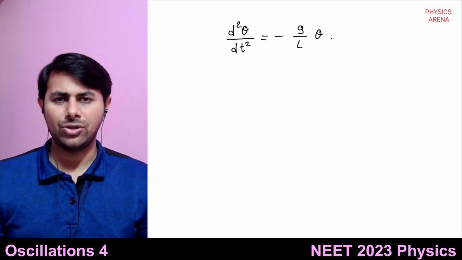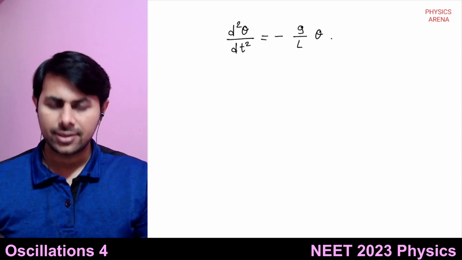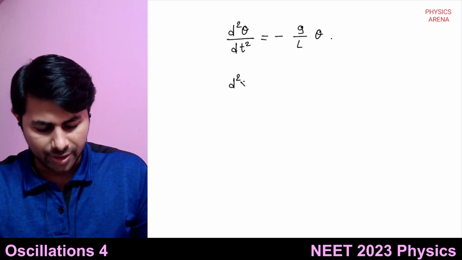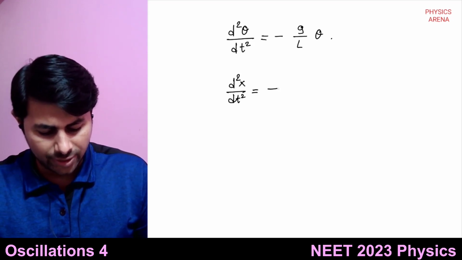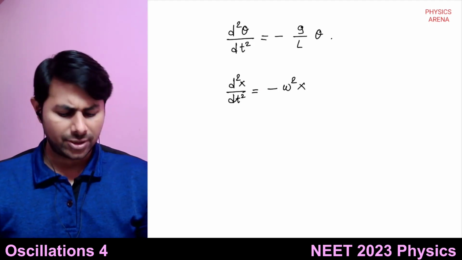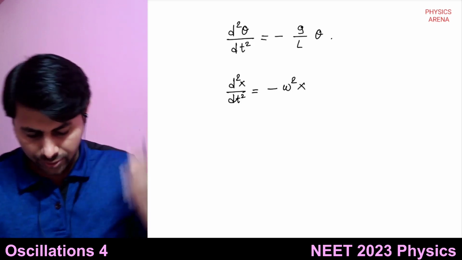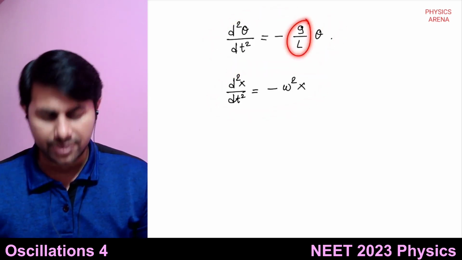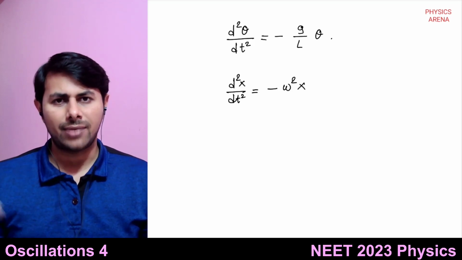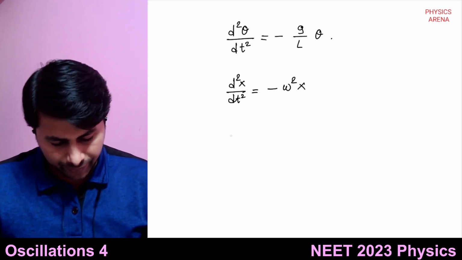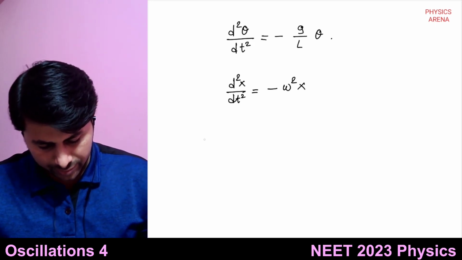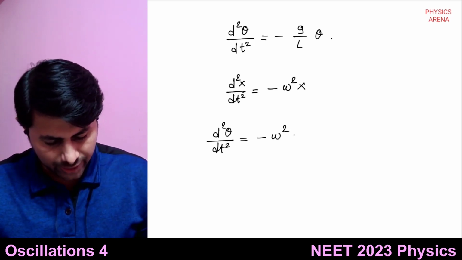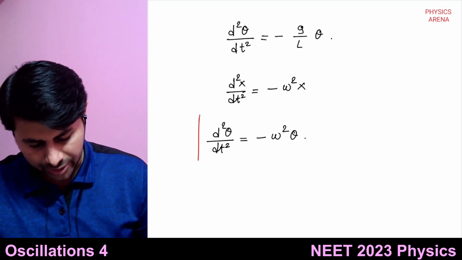So see, this is the equation of angular SHM, and this is very similar to the equation of linear SHM: d2x by dt square equals minus of omega square x, or minus of k upon m into x. So comparing these two equations, we get a hint that we have to replace this g upon L by omega square. So we can write d2 theta by dt square is equal to minus of omega square theta. So we get the differential equation of angular SHM